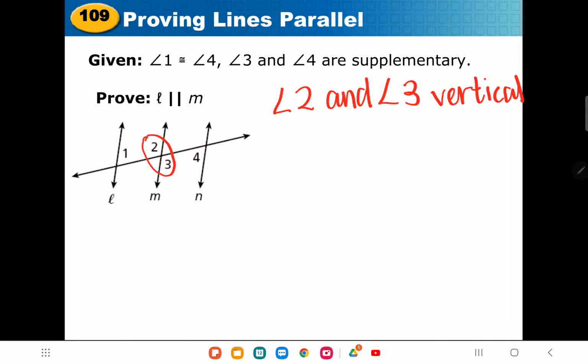So that tells me they are going to be congruent. And where I have some pairs here, I see that 3 and 4 are supplementary. That's a given. So I'm going to end up using that